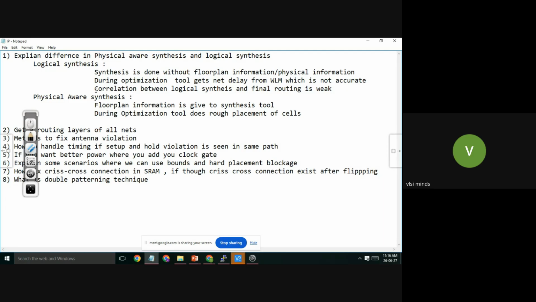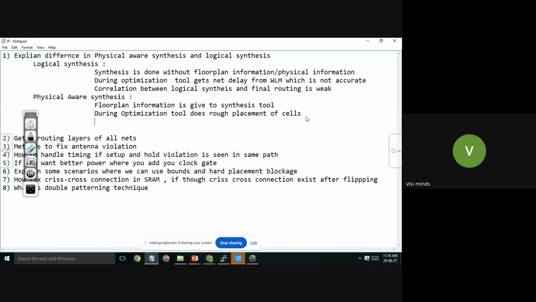So the correlation between physical aware synthesis (PAS) and the final routing stage is very strong, because we have done better optimization by considering the real net delays. For that reason, we use physical aware synthesis.